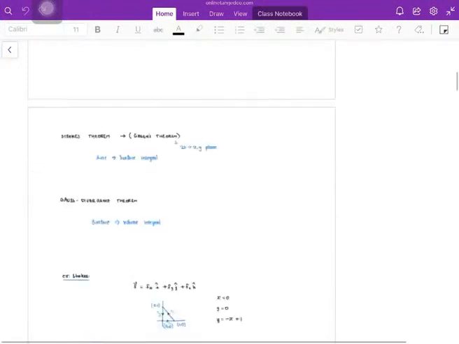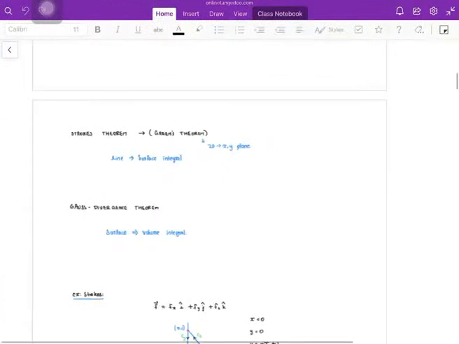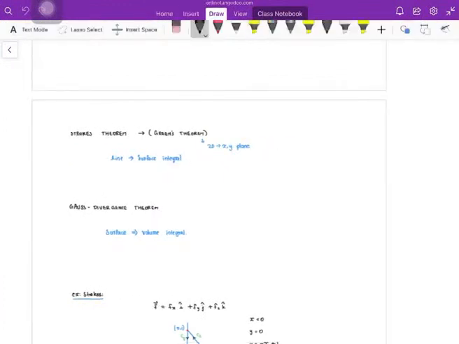What is the Stokes theorem and what is Green's theorem? For example, if I want to take a line integral over a closed path, instead of the line integral, I can do a surface integral. It converts a line integral to a surface integral. That is nothing but using Stokes' theorem. Instead of taking a line integral, I can do a surface integral. I'll teach you Stokes' and Green's theorem.